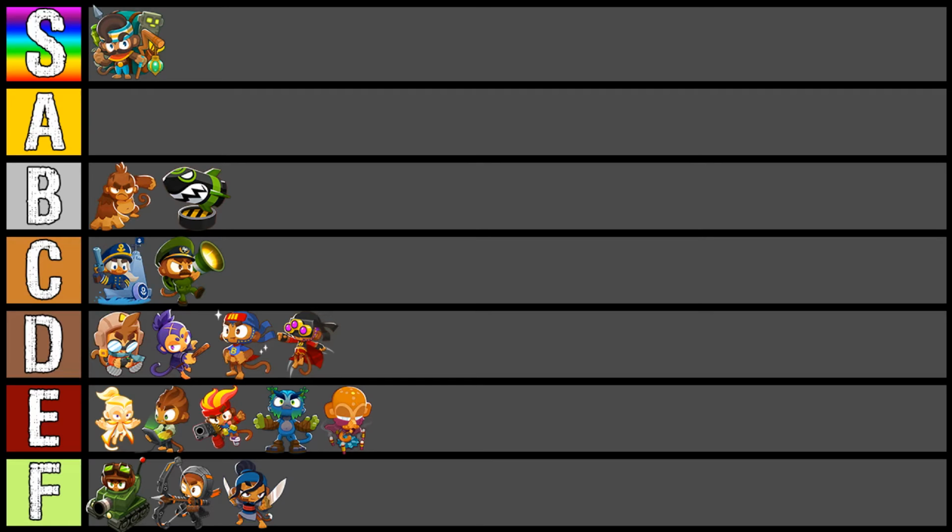So, MOAB Eliminator. The reason why I put this at B tier is because this is a very good round 100 tower. If you're looking for BAD damage, then the MOAB Eliminator is a very good tower to whittle down its health. MOAB Assassin, the predecessor of the Eliminator, not as useful, but if you really want to have a little bit more control behind the damage,